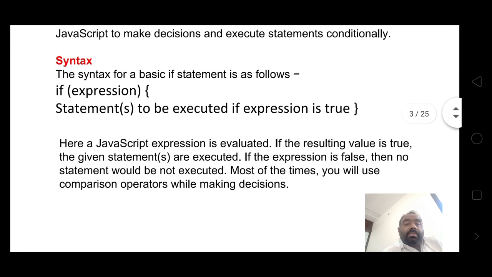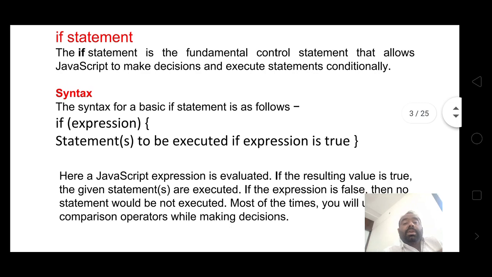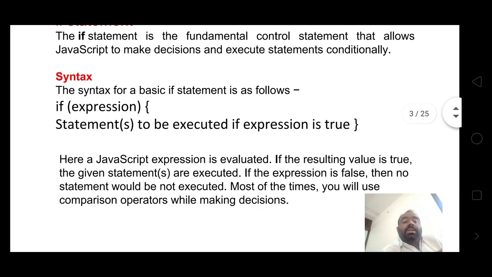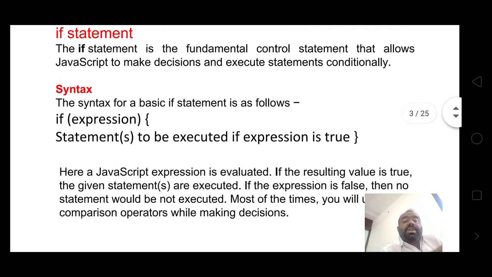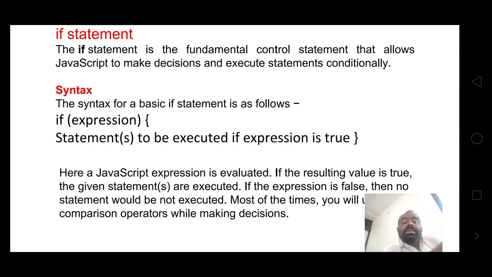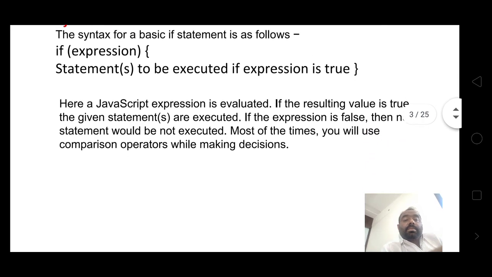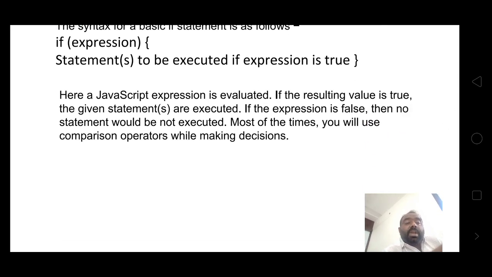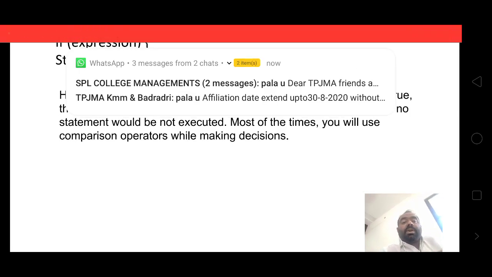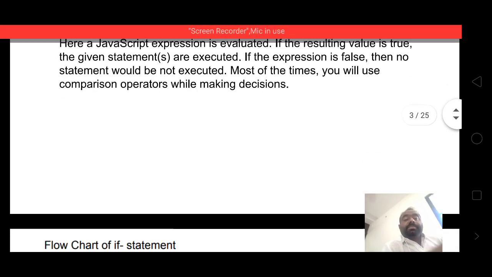If the expression is false, then the statements are not executed. Most of the time you will use comparison operators while making decisions.